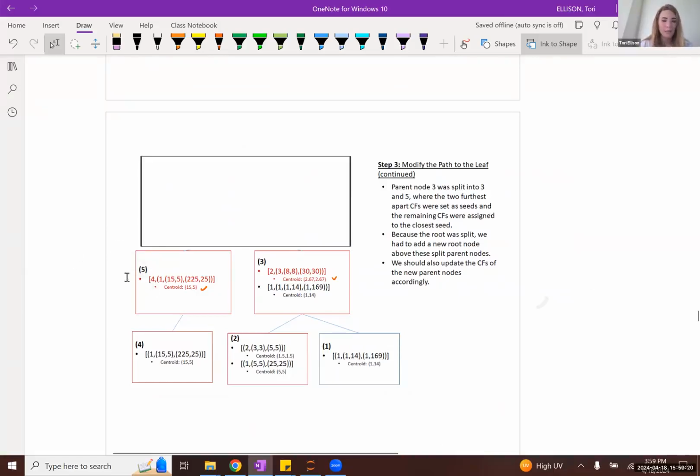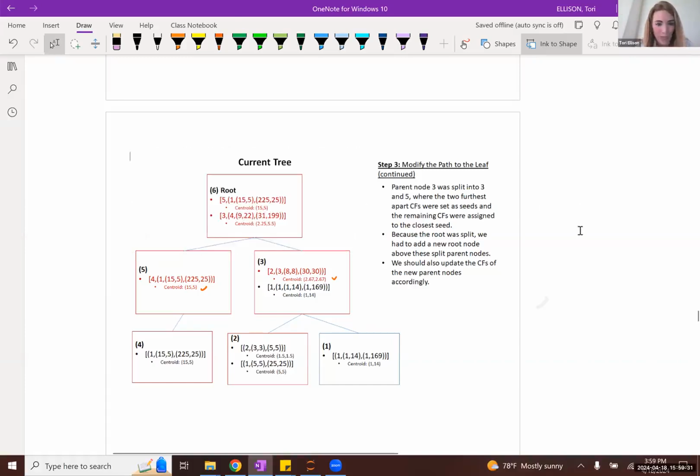And we have a rule that says we can't not have a single root node. Every two or however many children need to have a parent node. So what we need to do is increase the height of our tree, creating a new root node, which represents the set of clusters we would get if we combined each of the clusters represented in these two nodes.